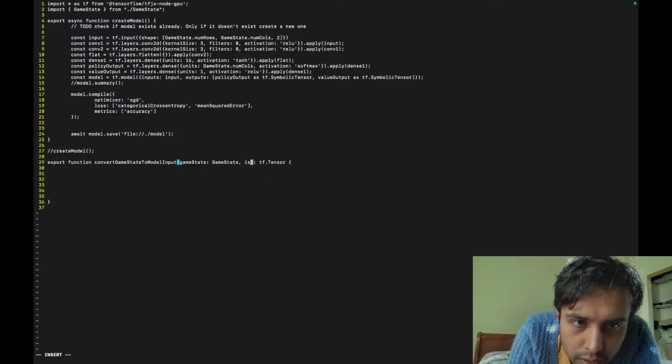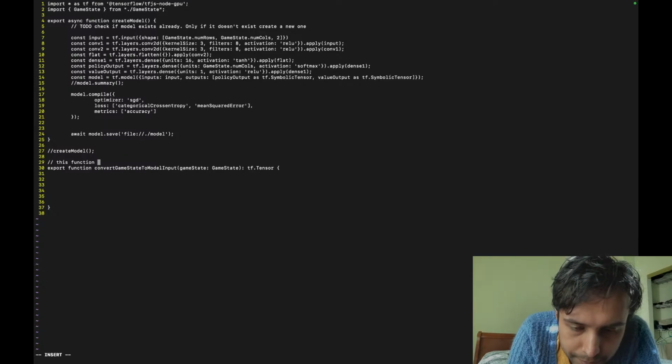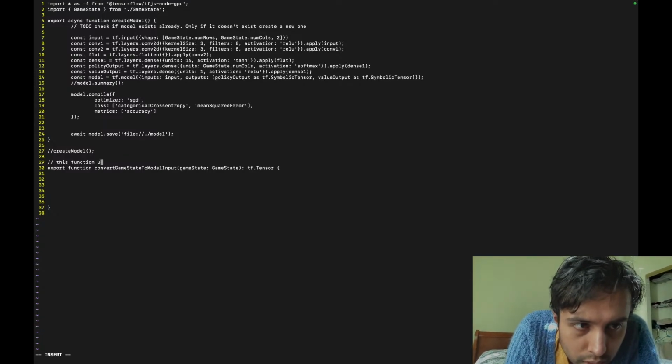Whose turn is it? Like is P1? Wait, no, the game state has that encoded in it, right? Convert game state to model input. Let's just put a comment on this function. This function uses game state dot, and then what is that?